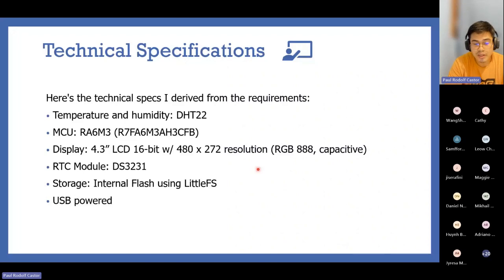So for the temperature and humidity, we can use the simple module available almost everywhere. We can use the DHT22 temperature humidity module. For the MCU, I specifically chose the RA6M3 since I have the development board that I happened to win at the last embedded UI competition hosted by Renesas last year. And the display is the 4.3 inch LCD, 16-bit with 480 by 272 resolution, with RGB 888 and capacitive touch